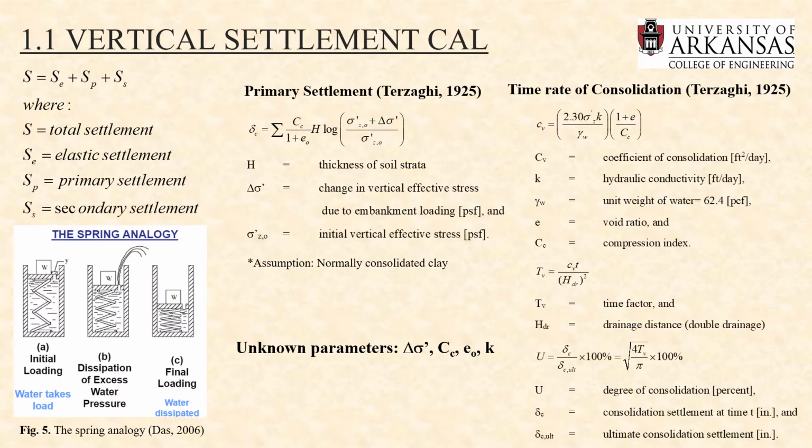The first part is the vertical settlement calculation. Here's one of the equations that I use to calculate the vertical settlement. The total vertical settlement is a sum of elastic, primary, and secondary settlement. Elastic or short-term settlement is a settlement that occurs immediately after the load is applied. However, the effect of elastic settlement on clays is negligible to small, so we did not consider the elastic settlement